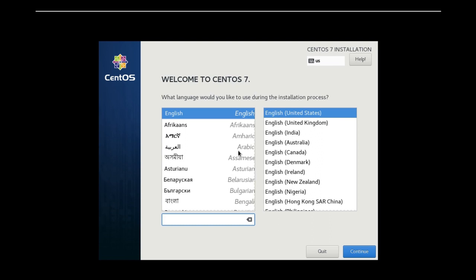Alright, our installation wizard has come up. It's completely GUI nowadays. Select the appropriate language and hit continue.